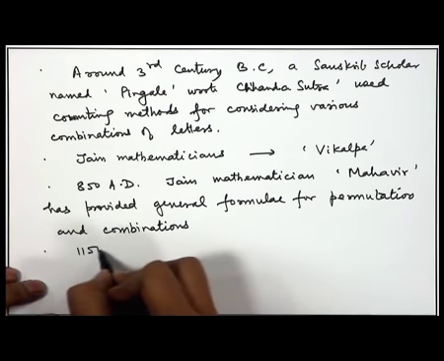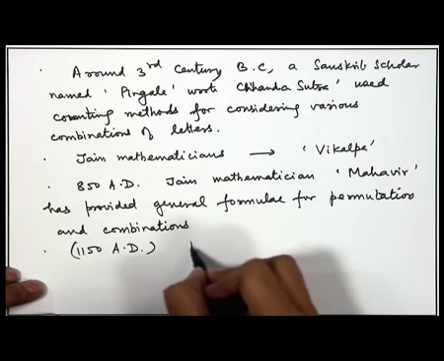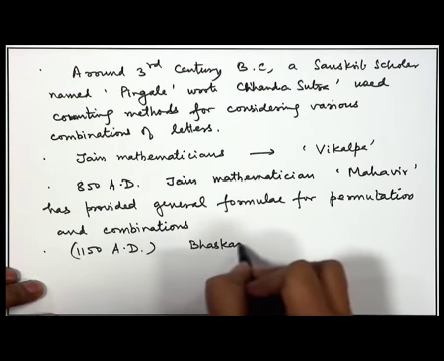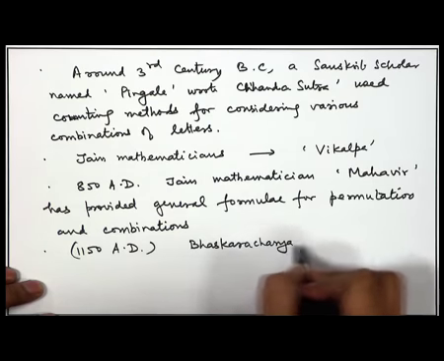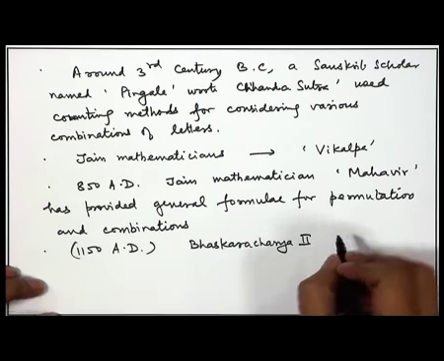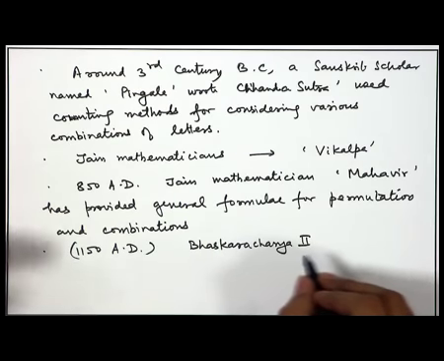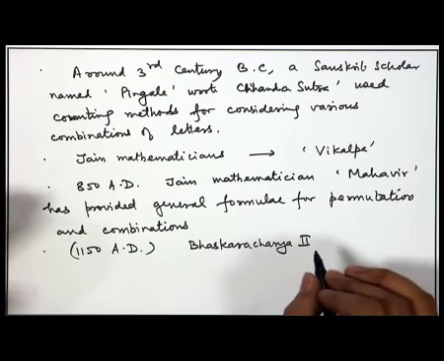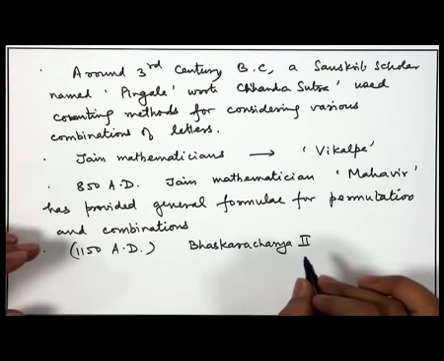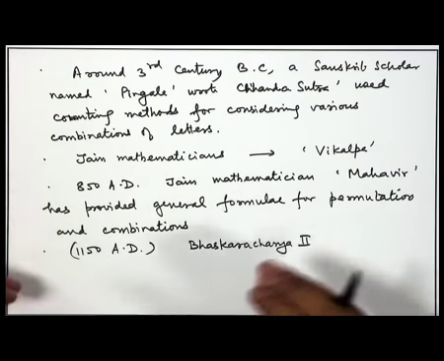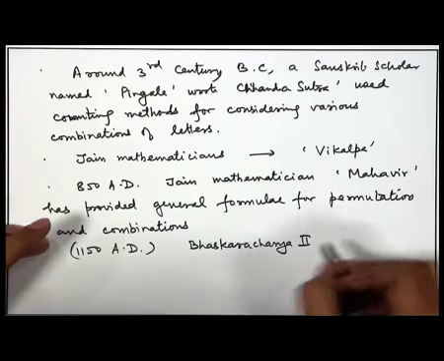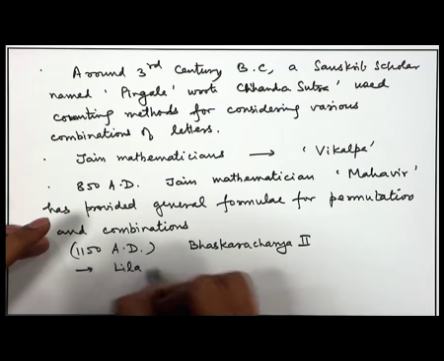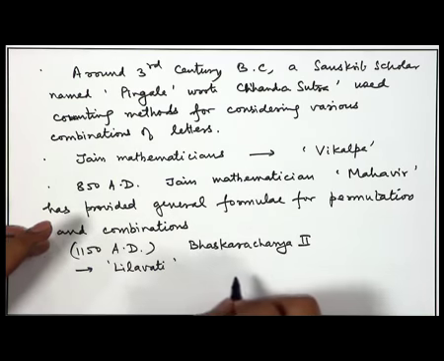Around 1150 AD, mathematician Bhaskaracharya II. In fact, Bhaskaracharya II is well known as one of the most important ancient Indian mathematicians. It is credited that he actually compiled all the results known till that time and also added a large number of his own results. He also, in his famous book called Leelavati, which was named after his daughter,